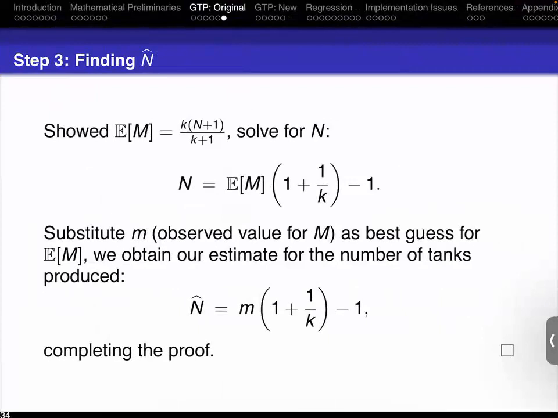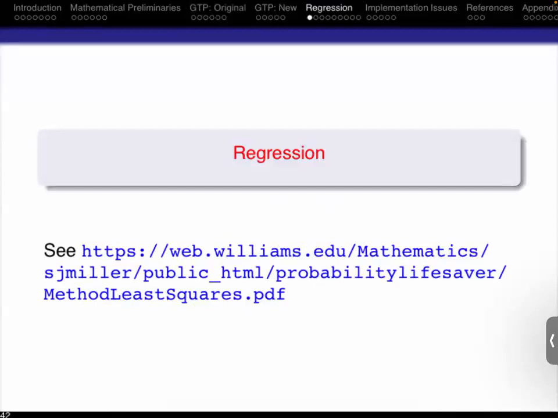Well, we know numerically we have an estimate for the expected value of m. We have whatever we observe. So we can plug that in and use that to get a prediction for n. We just put in what we observe for the largest value of m, and here's our prediction. And so this is a derivation of the proof. Things are a little bit more complicated when you're doing the problem with the unknown start. If there's time, I'll come to that at the end, but I really want to talk about some of the issues with the regression.